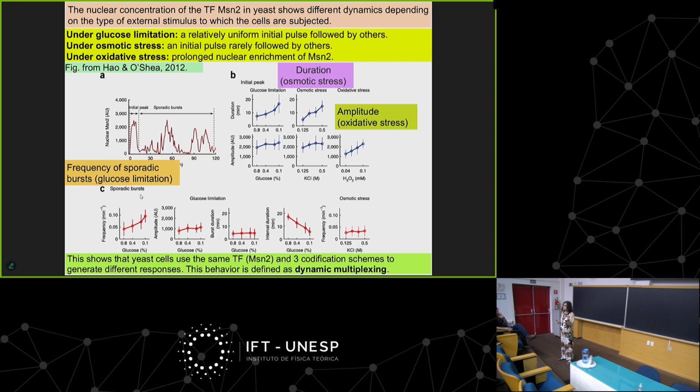But then they did experiments in which they manipulate the transcription factor itself, so that they can manipulate the dynamics of how it enters into the nucleus, and they reproduce it. They were all consistent with their own. So to understand, I'm here. Yeah. At the very end, the cell is producing exactly the same protein because the transcription factor is the same,